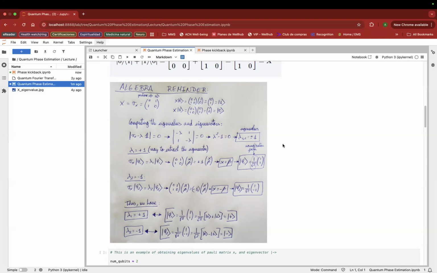Oh, no, I understand that. My point is, the reason I was asking about the eigenvectors before is because normally when we do that algebraically, we obtain the eigenvalues first, and then we use that to get the eigenvectors. So that's why I was asking how easy it is to get the eigenvectors. Okay, I didn't express myself correctly, but I get your point.